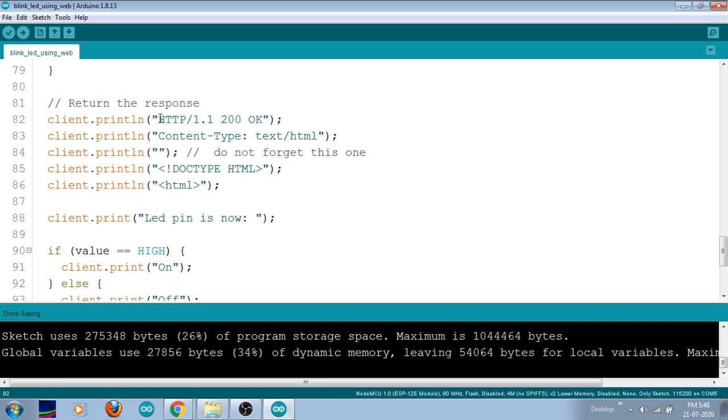And the second button is the LED off button. Okay, two different buttons I'm using. So the LED off button, and the name of this particular button will be turn off, and I'm closing the HTML tag. Okay, so less than /HTML closing bracket, and I'm adding one particular delay, that is a 1 millisecond delay.